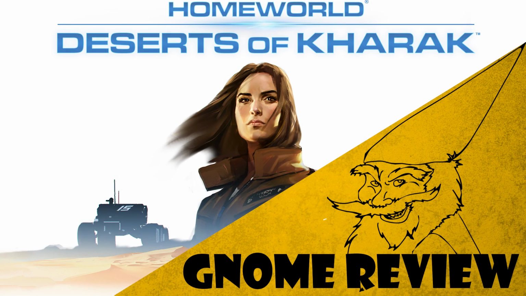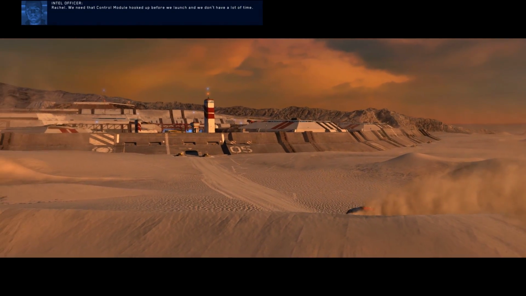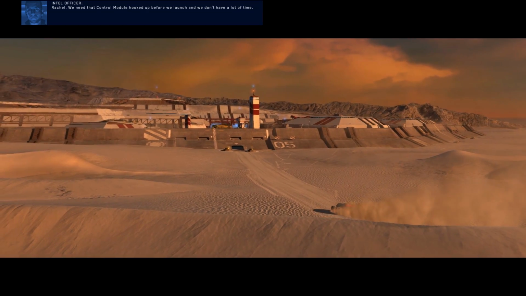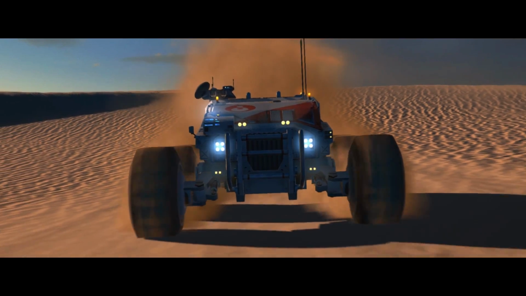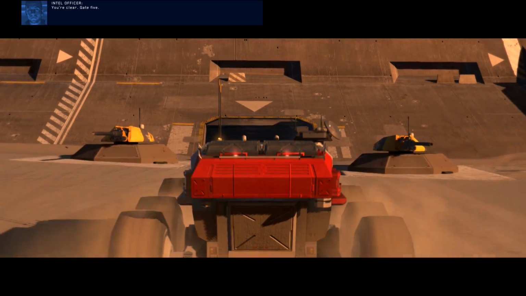Homeworld: Deserts of Kharak is an RTS, primarily ground-based title by a little studio called Blackbird Interactive, made up of industry vets including founders of Relic. And it's published by Gearbox Software because they bought the Homeworld IP in 2013. On the plus side, Gearbox wasn't involved in the development, so things didn't get farmed out to inexperienced studios to